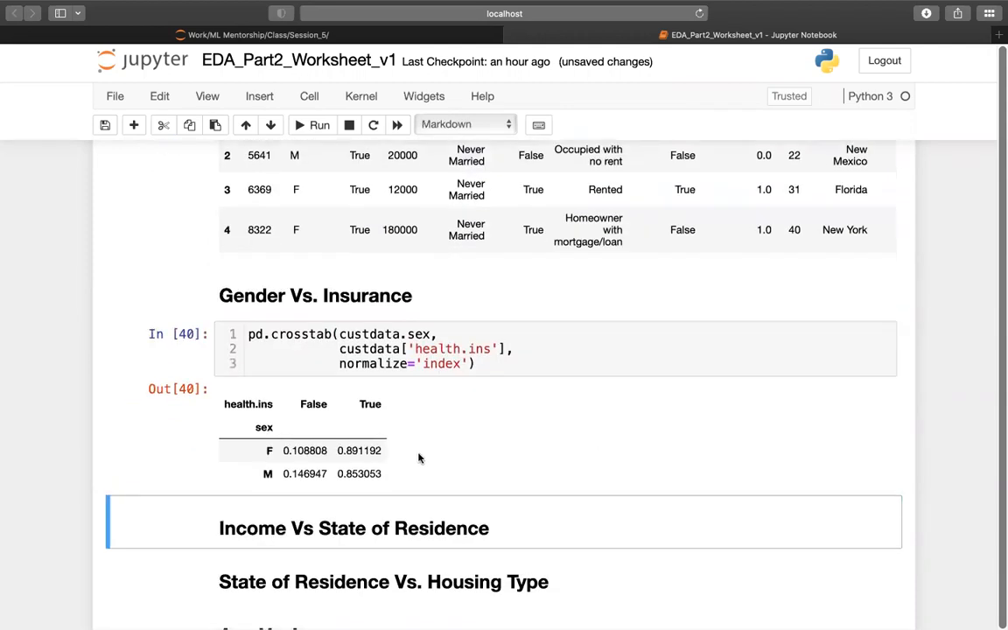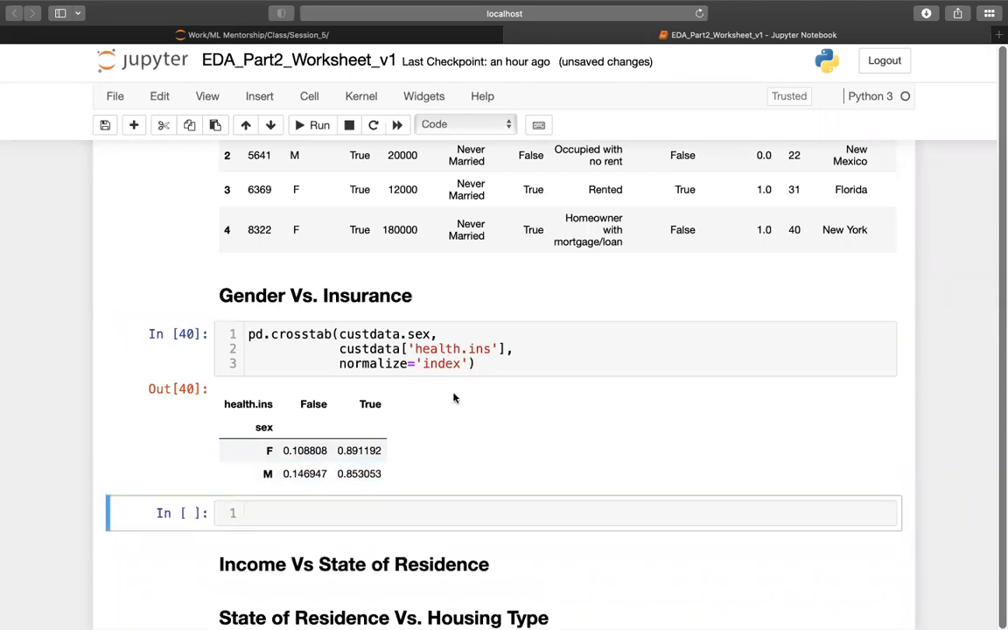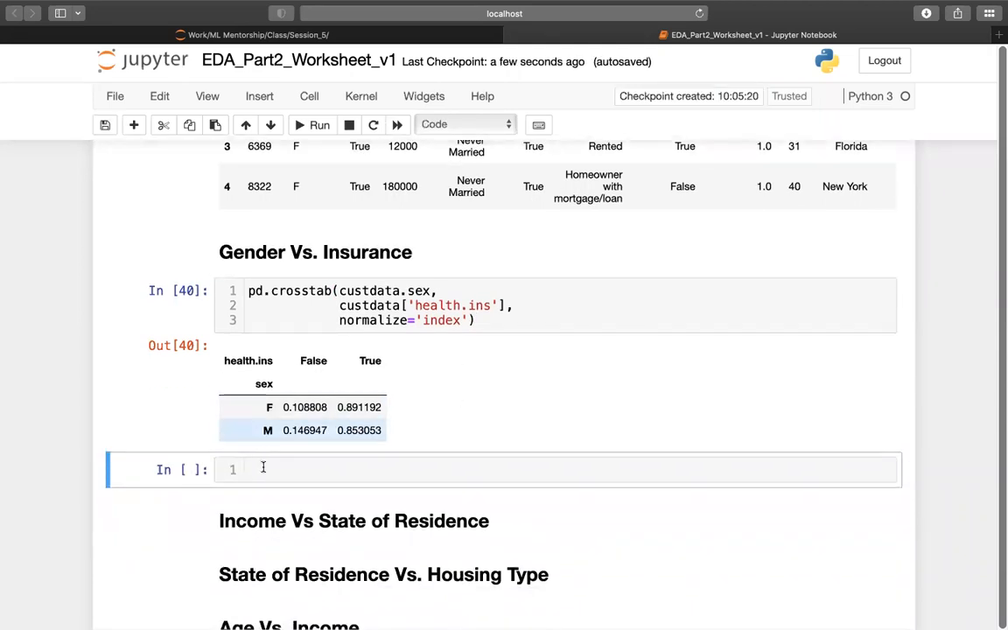You can see of all the females, about 90% actually have health insurance, and only 10% don't have it. And of the males, about 85% have it, and 14% do not. There seems to be not much of a difference in the probability distribution. Both genders have very similar distributions of whether they have health insurance or not, which of course you can also depict like this